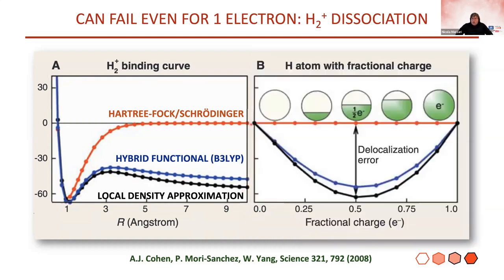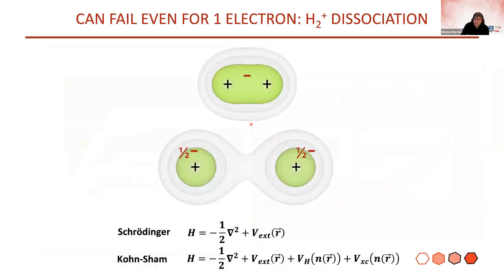And so we often talk about, and that's the super important concept, the fact that we have, I don't really like the term delocalization error, but we have a lack of piecewise linearity in the total energy as a function of occupation. And what does piecewise linearity mean? It means that if I take a dissociation, say 1/10 of an electron from the left, the energy cost I pay is equal to the energy gain that I have if I put that 1/10 of an electron onto the